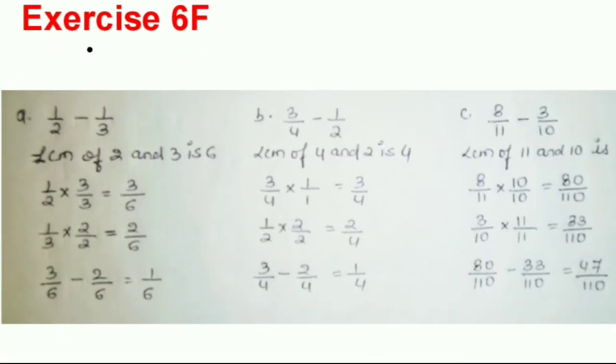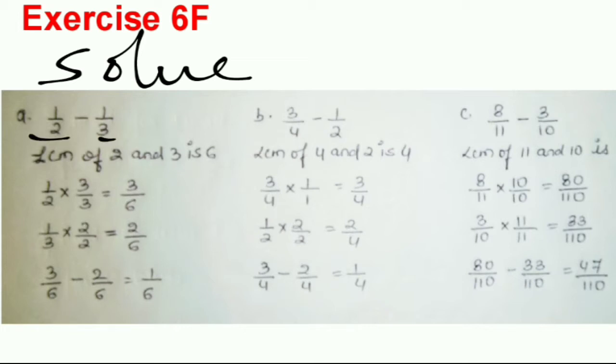This is to solve. In this one, how to solve? Same thing we can do here. First we can find the LCM of 3 and 6. That will come 6. Just now I told the LCM method of how to find the LCM. Now 1 by 2, we want 6 here. It means we know that 2 multiplied by 3 we get 6. So here we multiply by 3.